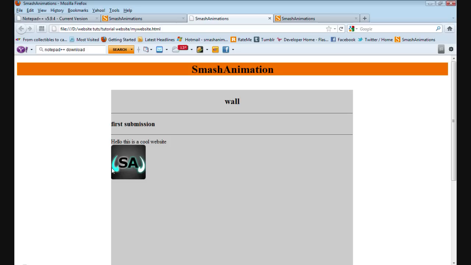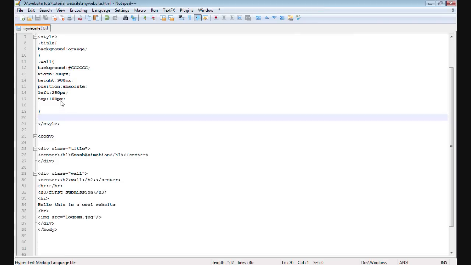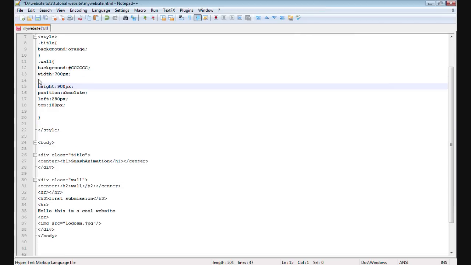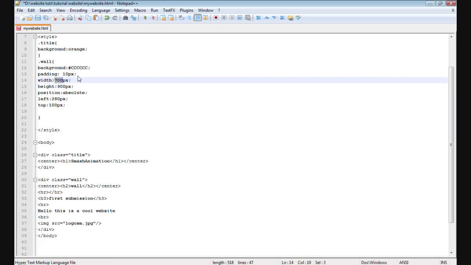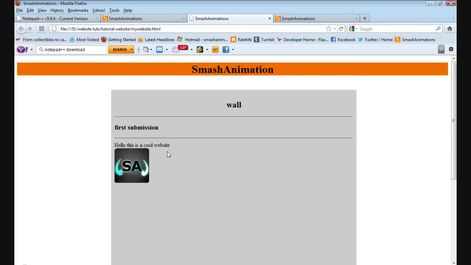well, we don't really want that to be touching the edge. It's a bit naff, so we're going to have some padding on it. We'll have it underneath there, padding. We'll have it around 10 pixels. And we're going to deduct it from the width, because otherwise it just keeps it neater. So 698. Wait, it wasn't, yeah, 890. There you go. And you notice it's got a nice edge to it, and it's no longer touching the edge of the wall. Which is good, which is what we wanted, which is very useful. So now,